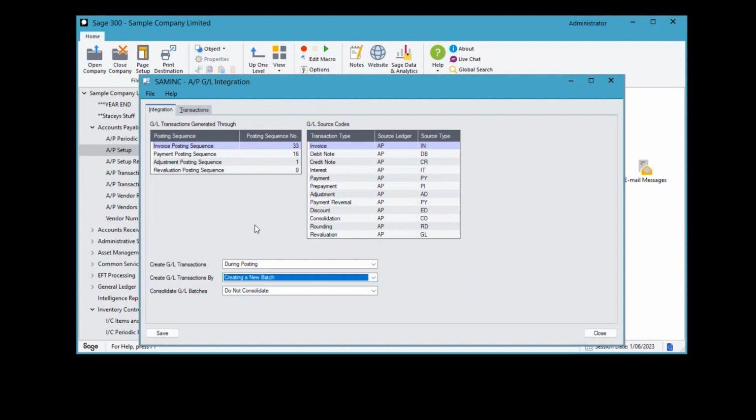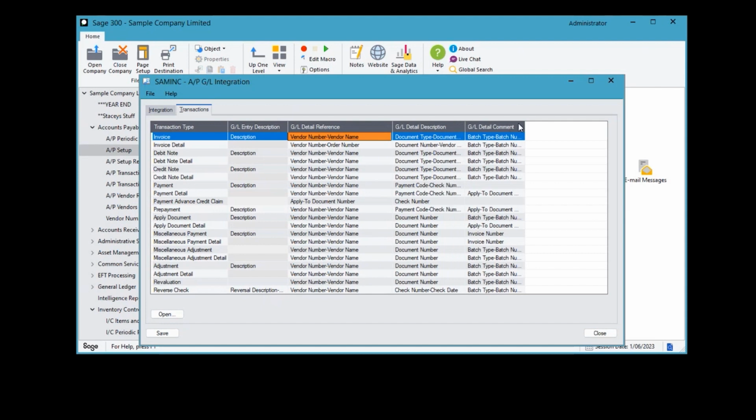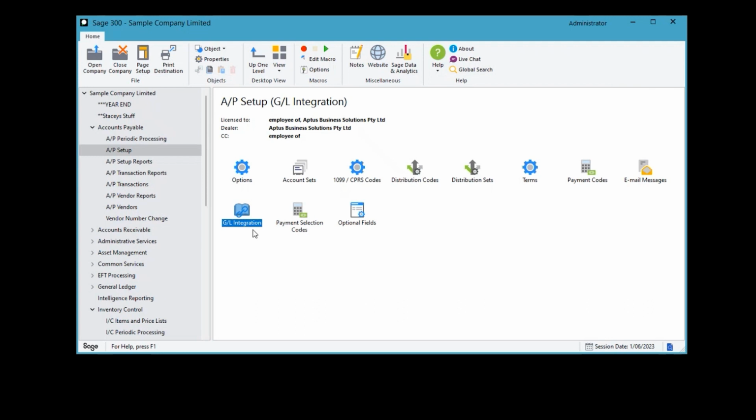Just as a side note, this is the location of where the system's been told what information to pass through to the general ledger. So if you're finding in any of your reconciliation reports that you're doing all the time and there's not enough information in your general ledger transaction listings from the submodules, it's because these might need some tweaking. Okay, so I just wanted to throw that in there as that's something that I've been working on with a number of clients recently. Okay, so you can turn off the auto posting,